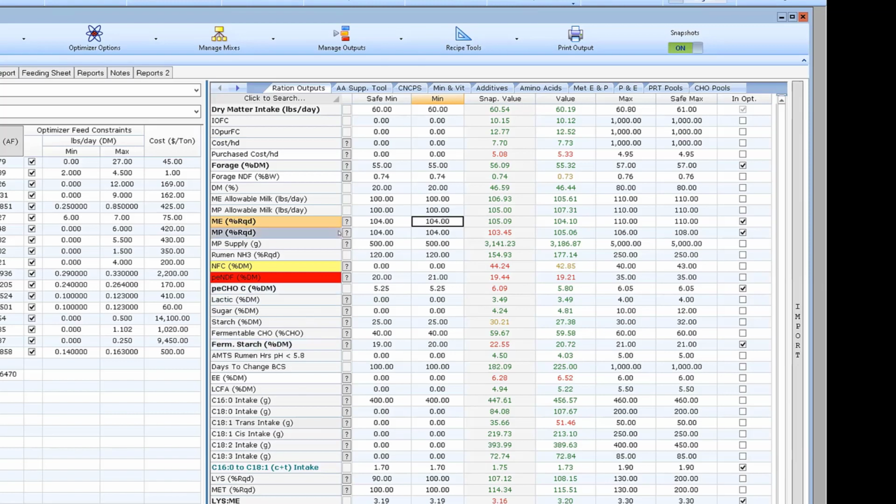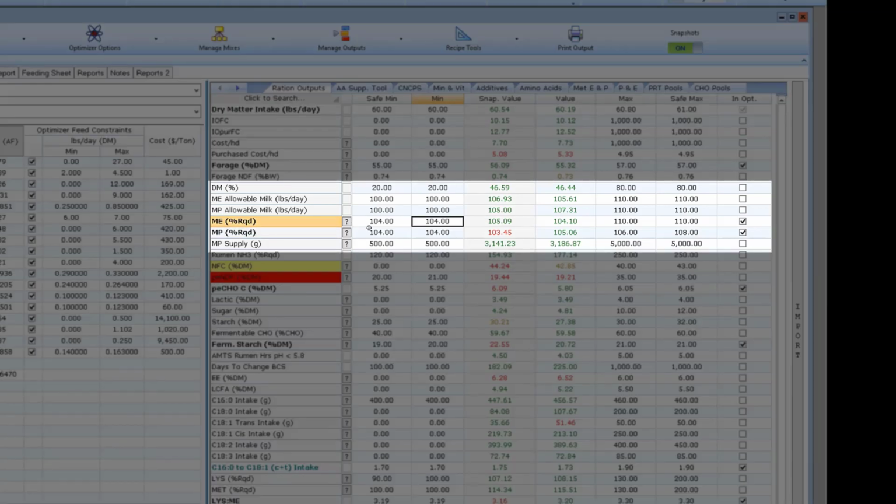The same goes with ME and MP versus just going to something like crude protein as an example. MP is integrating everything within the model, the carbohydrate side, microbial yield, bypass calculations, intestinal digestibilities.